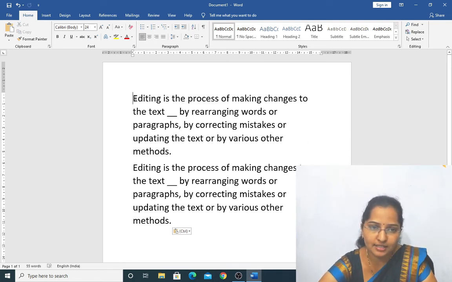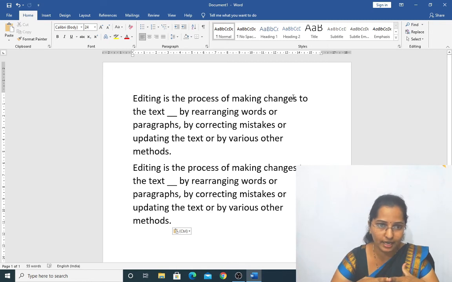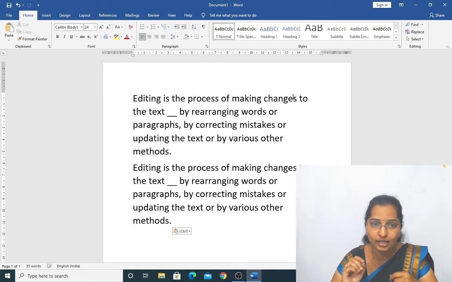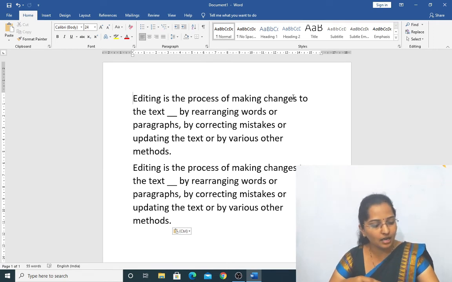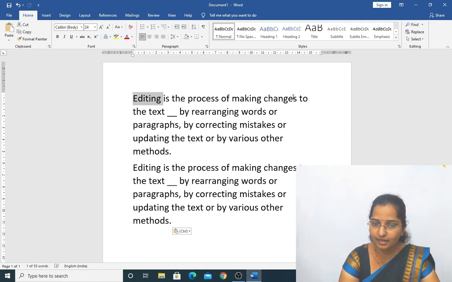Now if I want to select the word editing, I will keep the cursor at the beginning of the word. Now I want to select to the right side, not letter by letter, but one whole word. How to select? Press the Control key and the Shift key at a time, then the right arrow. It is selected.